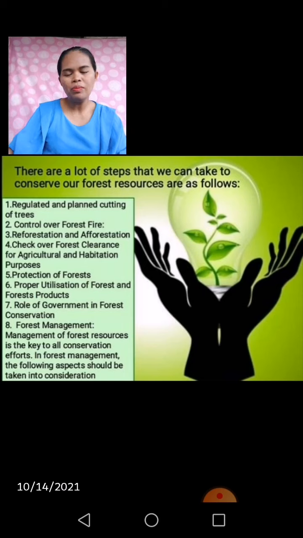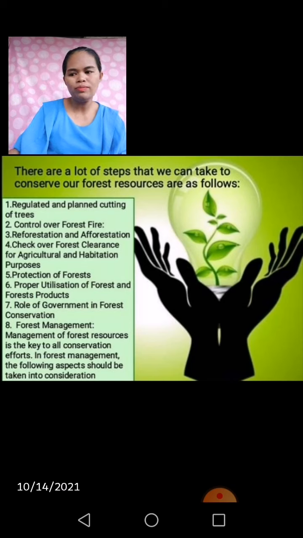Number 6 is proper utilization of forest and forest products. Generally, trees are cut for logs and the rest, including stump, leaves, branches, or foliage, is left as worthless debris. Further, waste occurs at the sawmills. There is thus a need to utilize this waste material. Today, several uses have been developed and produced like waterproof, glues, board, and etc.